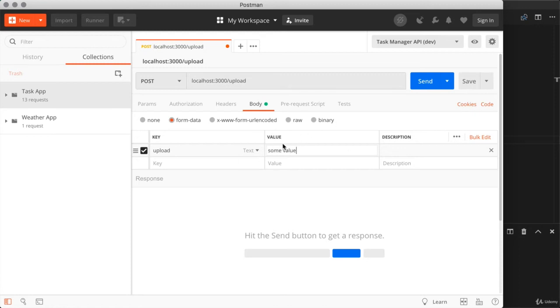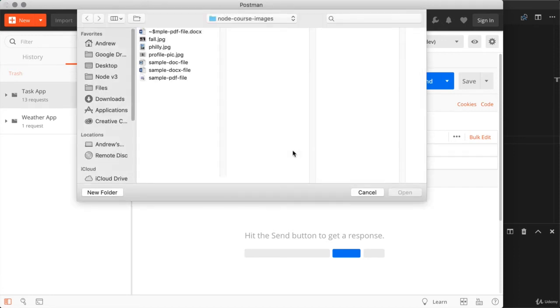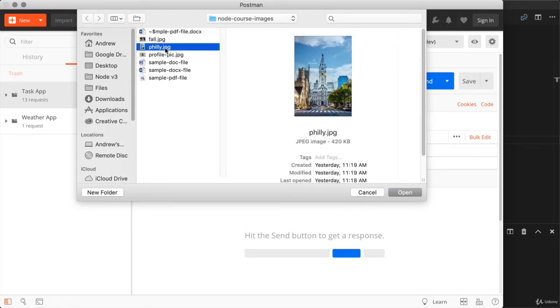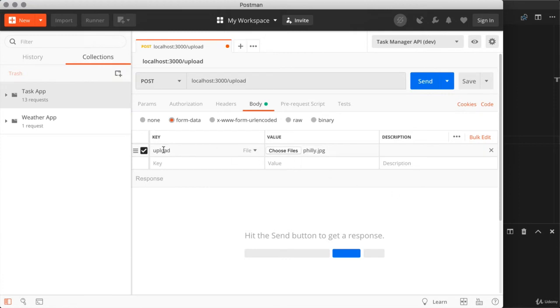This is not going to work for us since I want to upload an entire file. So all I'm going to do is switch this from being text over to file using the dropdown. Then Postman is going to allow me to select the file from the file system. Right here, we can go ahead and pick any of the images we'd like. Let's go ahead and upload this one, philly.jpg. This is a picture of City Hall in Center City, Philadelphia. I'm going to go ahead and click open to attach that to upload, and all we need to do is